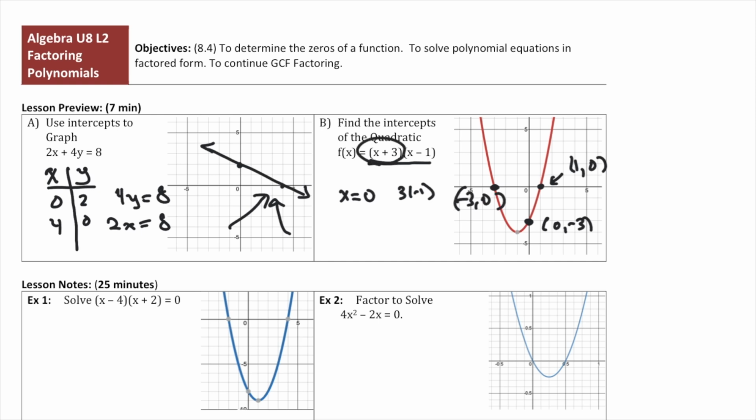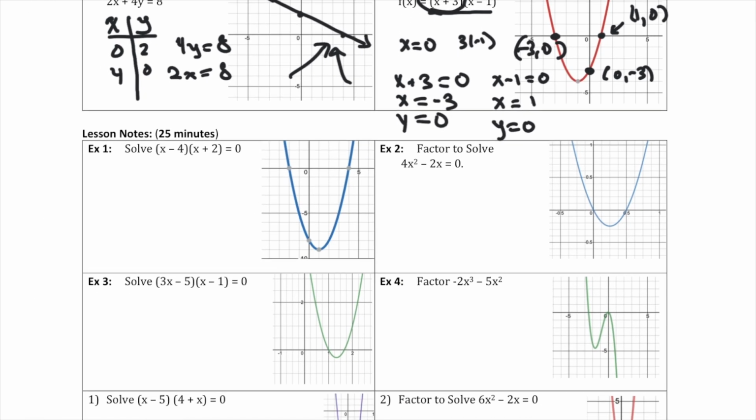Notice that if I take x plus 3 and I set it equal to 0, that's going to be where my y equals 0 and my x has a value. If I take the factor x minus 1 and set it equal to 0, you know what? That's where the y equals 0 and again, x has a value. So if we find the intercepts of our factored form of the quadratic, we're going to find solutions to our